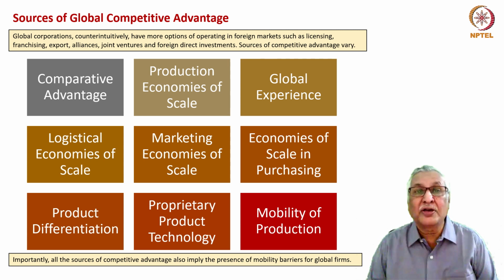The sources of competitive advantage for global companies are many and they vary. Fundamentally, it arises from the comparative advantage of locating in a nation. If a company has capabilities in a particular factor based area or talent based area or in an industrial based area, there would be a comparative advantage for a global firm to operate in that country. Today, India is very good in automobile manufacture. So it makes sense for a global automobile corporation to set its base in India and operate through the Indian activity. Production economies of scale is another determinant of global competitive advantage.